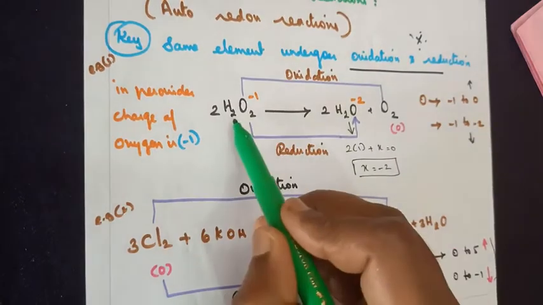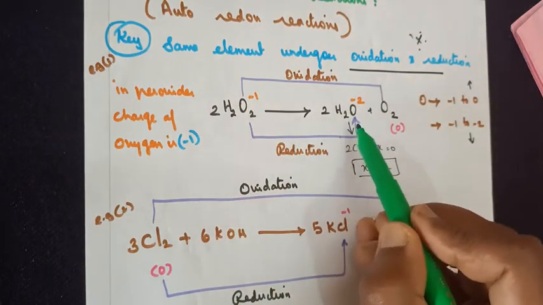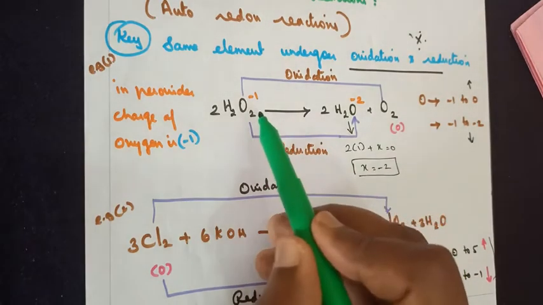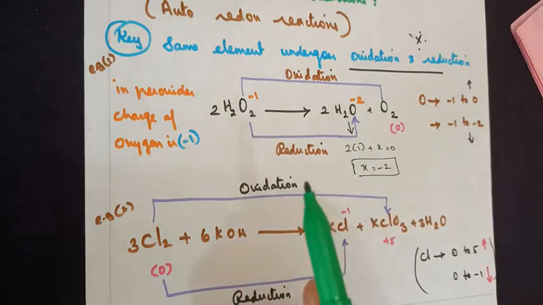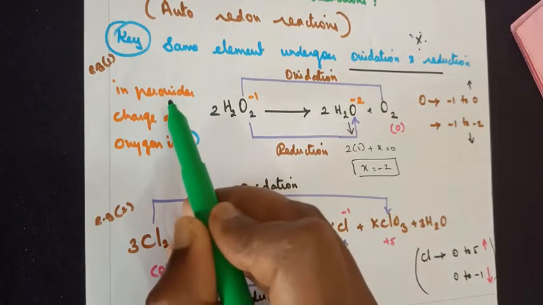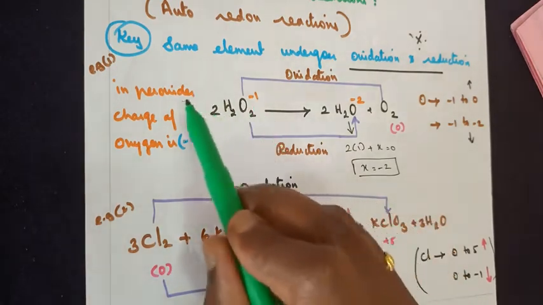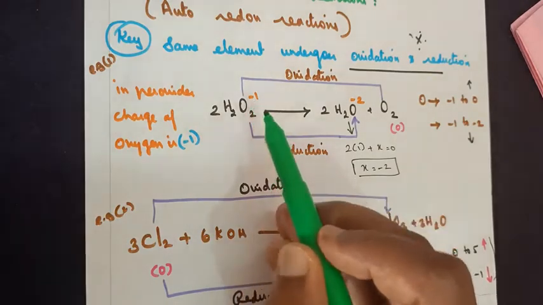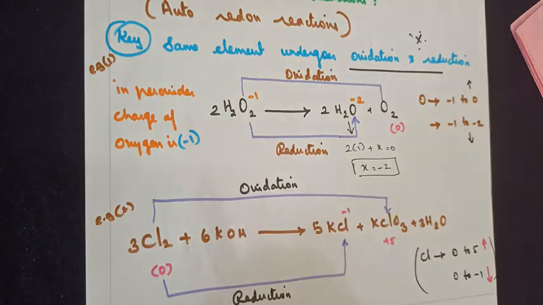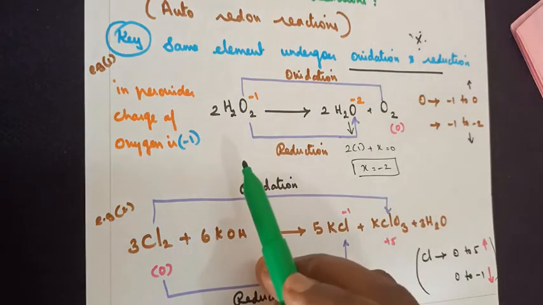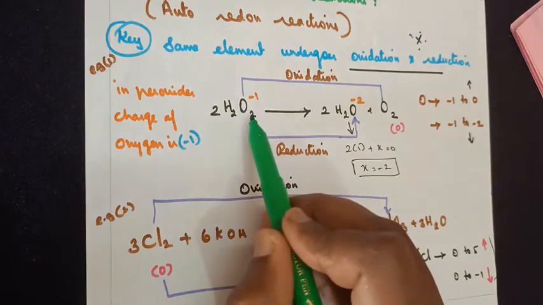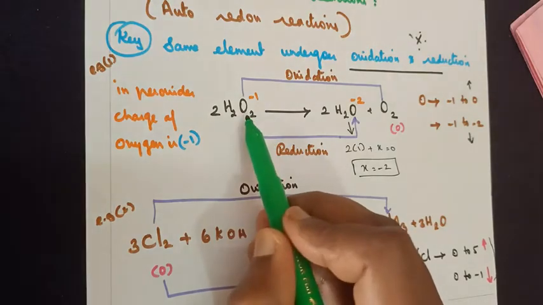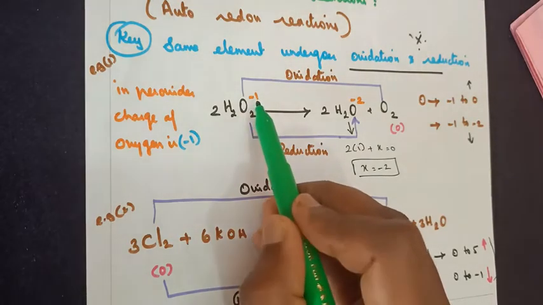Let's take the example of hydrogen peroxide. When we heat it, we get water plus oxygen. Now I have given you the clue in the oxidation number category. Oxygen charge is -2 always, but in peroxides and superoxides, the oxidation number will differ. In peroxide, the charge is -1. Those of you who have not seen that video will not understand why I am writing -1 here. There are plenty of peroxides. For the exam, you remember only hydrogen peroxide. When you look at the molecular formula H2O2, you know it's a peroxide and the charge of oxygen is -1 and not -2.